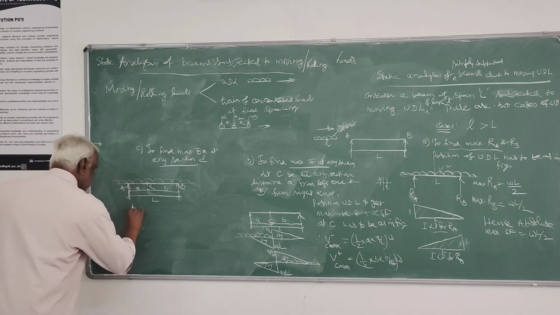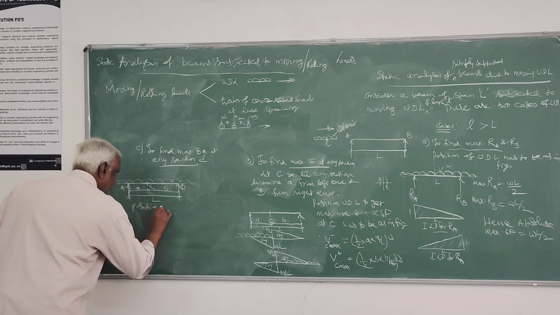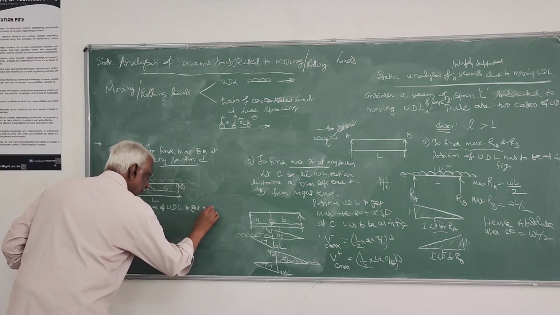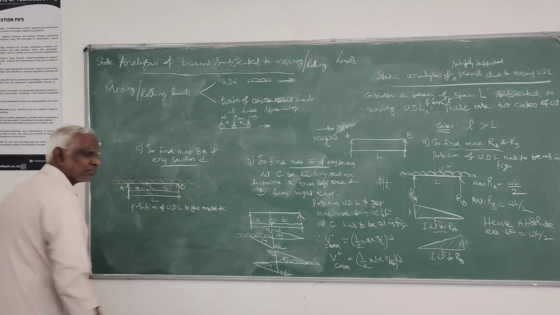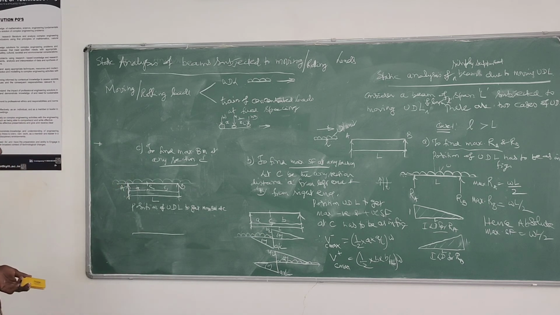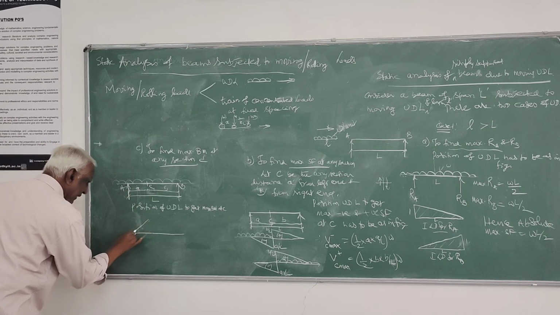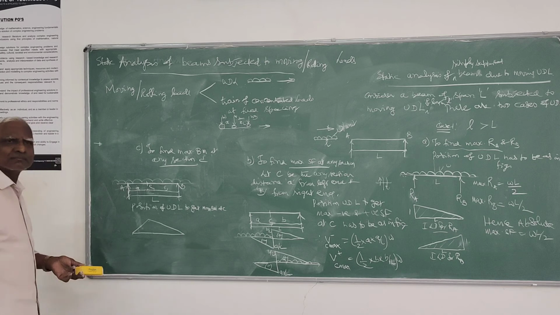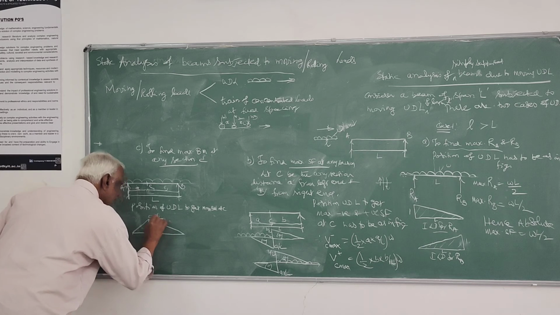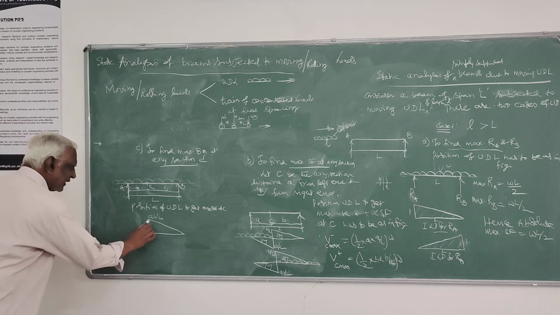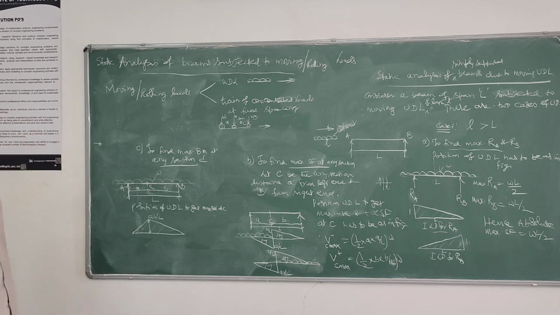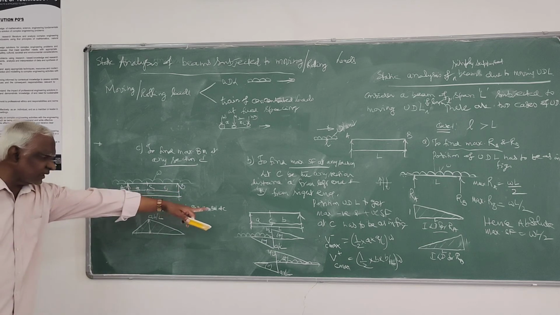So now this is the position of UDL to get maximum bending moment at C. Then you can use the UDL influence line diagram. The influence line diagram for bending moment at C is this, with peak AB by L. The load is like that, so find the area of this particular diagram times the loading intensity, and you will get the maximum. That's all. First you place the position of the load.